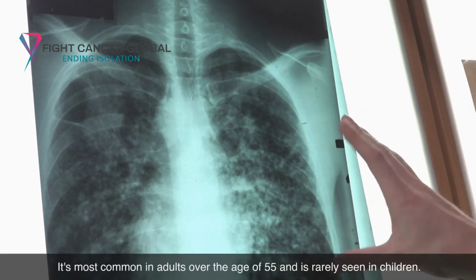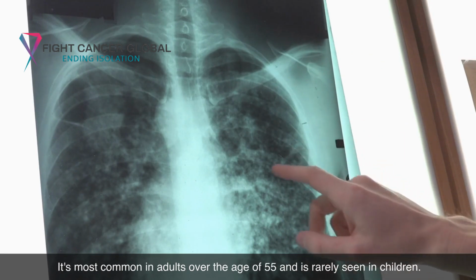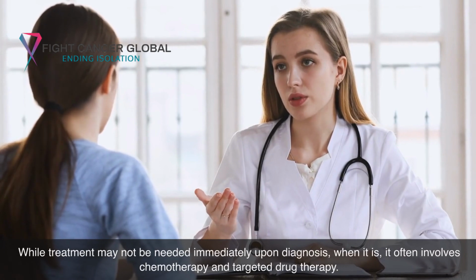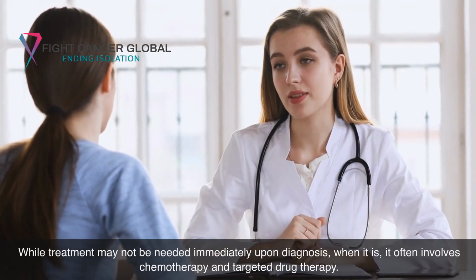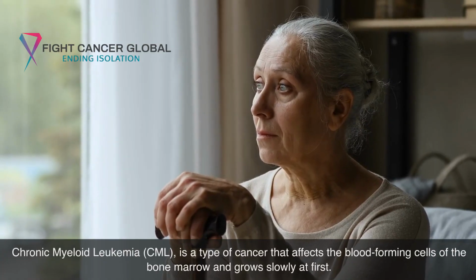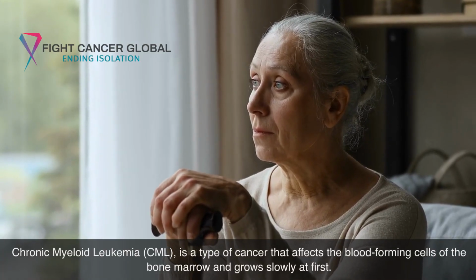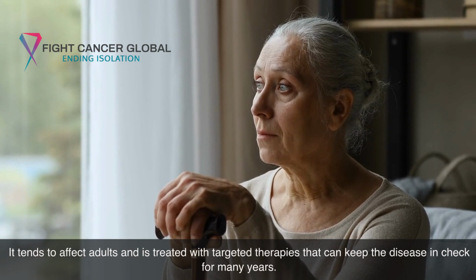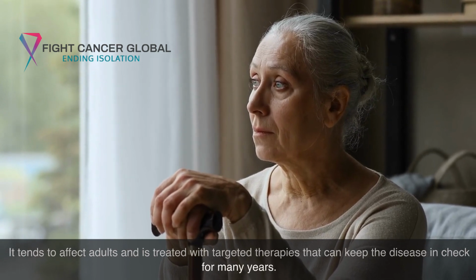Chronic lymphocytic leukemia, CLL, is a slow-growing form of leukemia that affects lymphoid cells. It's most common in adults over the age of 55 and is rarely seen in children. While treatment may not be needed immediately upon diagnosis, when it is, it often involves chemotherapy and targeted drug therapy. Chronic myeloid leukemia, CML, is a type of cancer that affects the blood-forming cells of the bone marrow and grows slowly at first. It tends to affect adults and is treated with targeted therapies that can keep the disease in